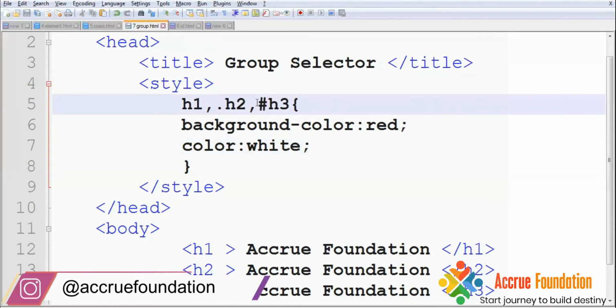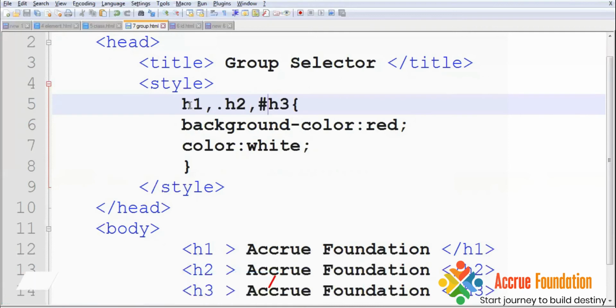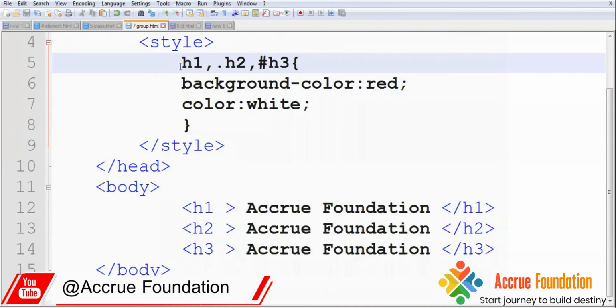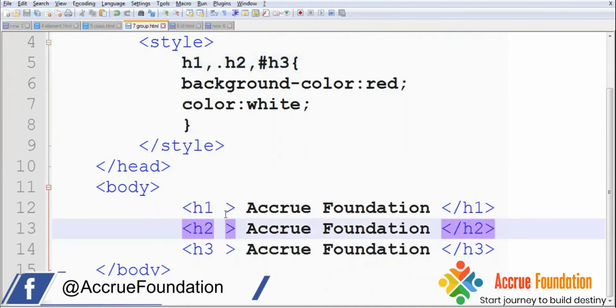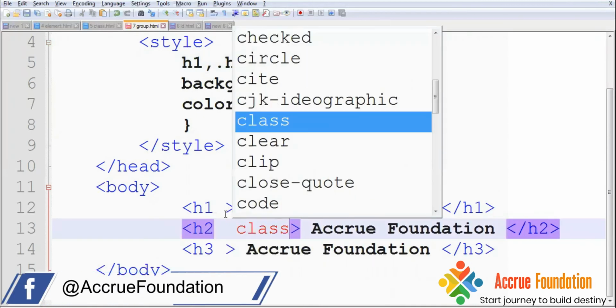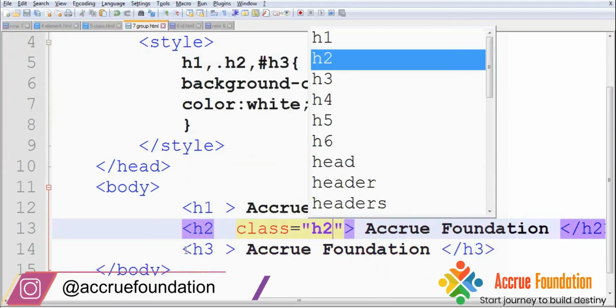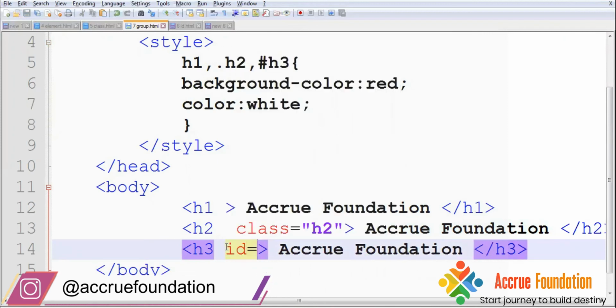You can use the combination of all the classes. You can use the combination of all the IDs. You can use the combination of all the elements, and you can go with the class, ID, and element at the same time. For example, H1 is already an element, but here I have just converted this as a class. I have to give class, ID.